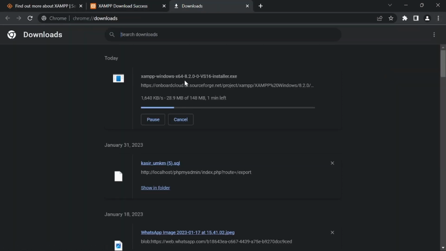Which is going to start the download of this XAMPP windows .exe file, so just wait for the download to complete.